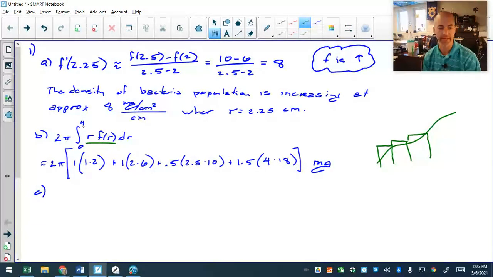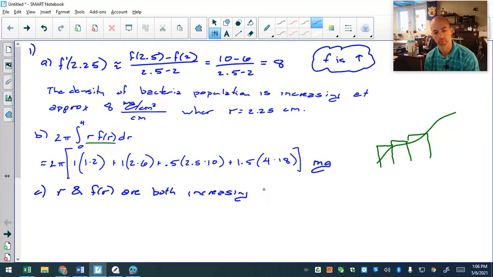So I'm going to explain why r times f of r is increasing. You could find the derivative through a product rule, but that's going to be a little bit overkill. I'm simply going to say this: since r and f of r are both increasing on the interval 0 to 4, therefore r times f of r is increasing,